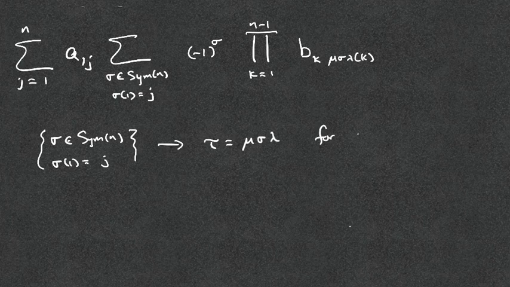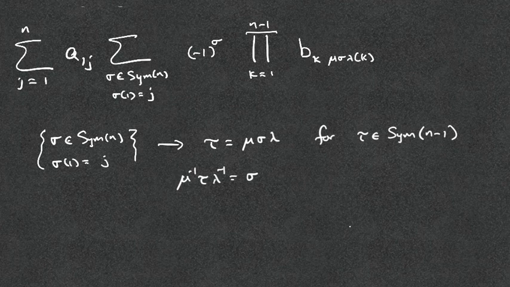For our tau in the symmetric group on n minus 1 elements. And we know that since mu is 1 to 1, lambda is 1 to 1, and sigma is 1 to 1, all of these can be reversed. So this change of index makes our mu inverse, our tau, and our lambda inverse end up looking like our function sigma. And so if we go through and do this change of index,